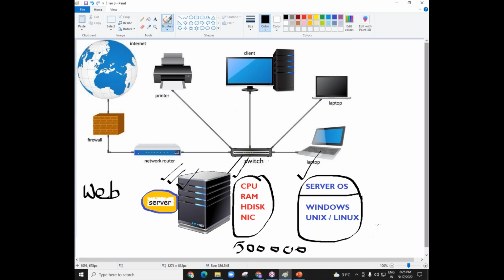So the combination of a hardware machine and an operating system will cost a company maybe 5 lakh rupees, or maybe 10 lakh rupees, or maybe even 3 lakh rupees is also possible. So they are spending a lot of money. Why are they spending money? So that they can run some applications: web application, email application, file application, database application, backup application, gaming application, banking application. There are different types of applications available, but there is one thing that is common.